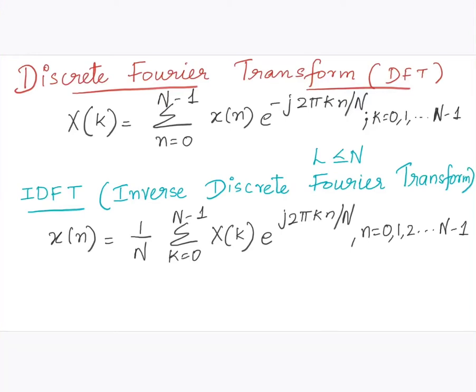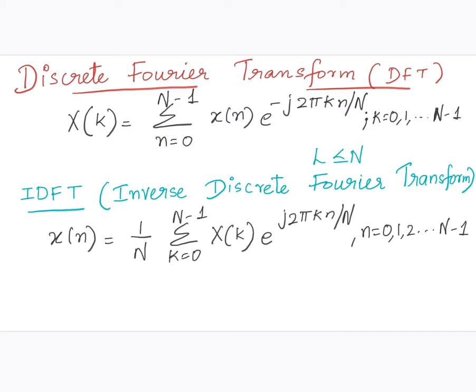Dear all, this video discusses the discrete Fourier transform. In order to transform a sequence into a sequence of frequency samples of length N, we use the formula of the discrete Fourier transform. Since the frequency samples are obtained by evaluating the Fourier transform at a set of N equally spaced discrete frequencies, the relationship is known as the discrete Fourier transform.